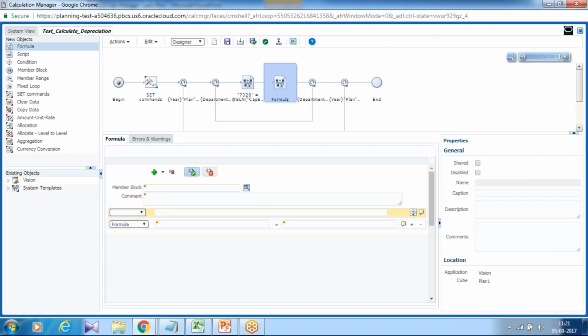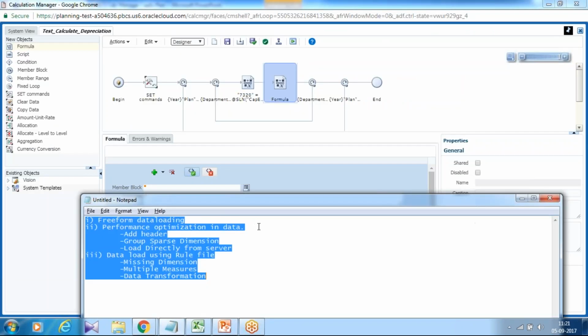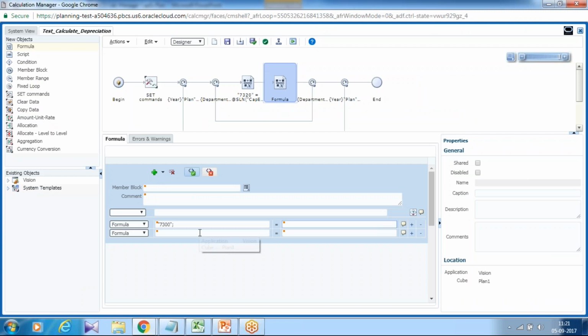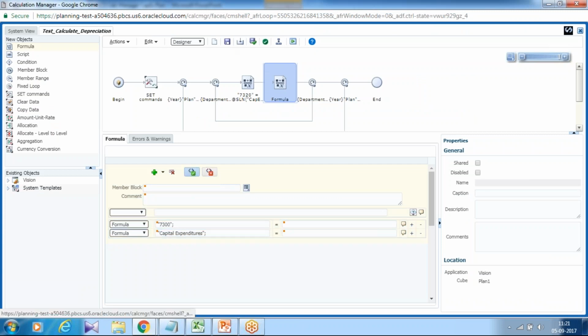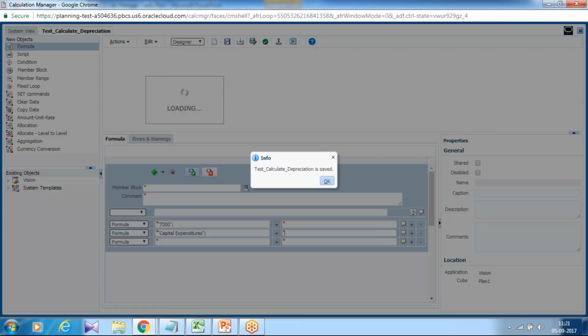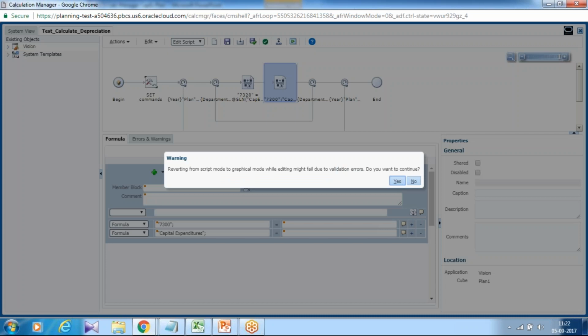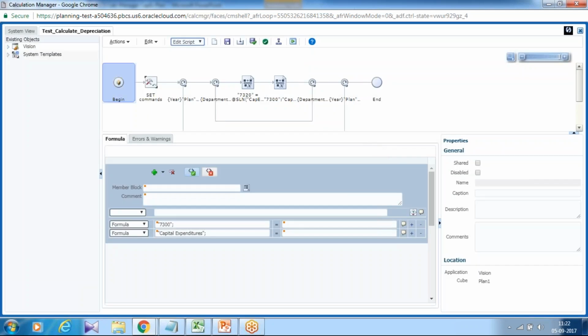So I fix it. 7300 is a parent member and capital expenditure. Save it, and you can move to edit mode from designer mode and make sure your script gets rendered.